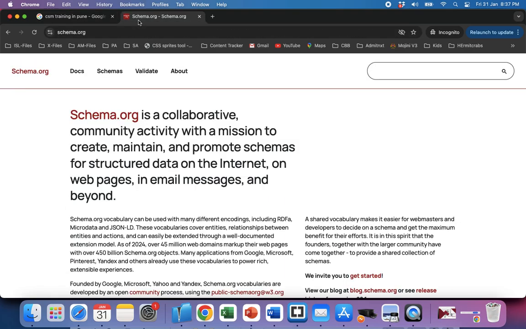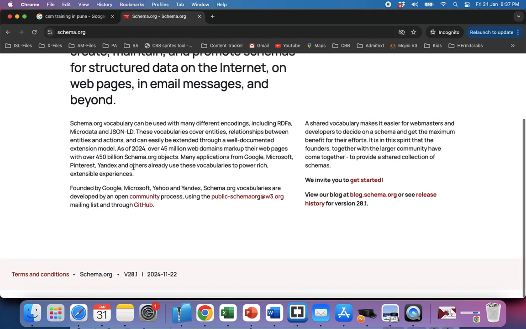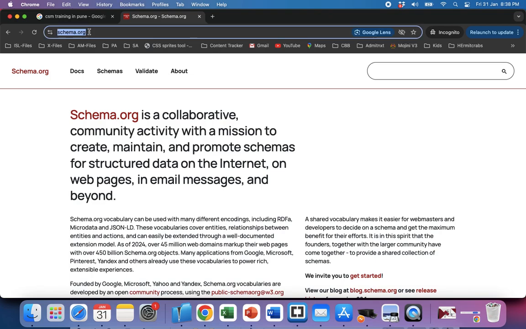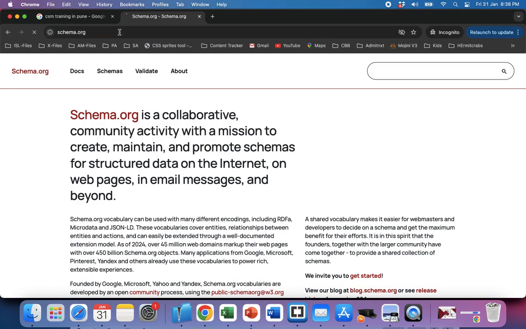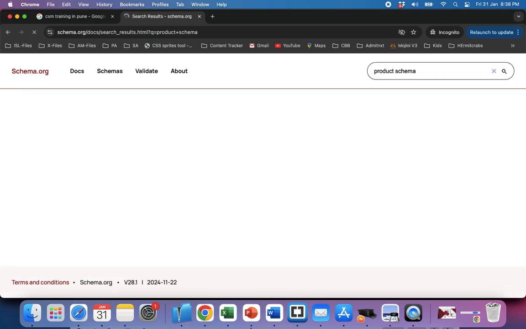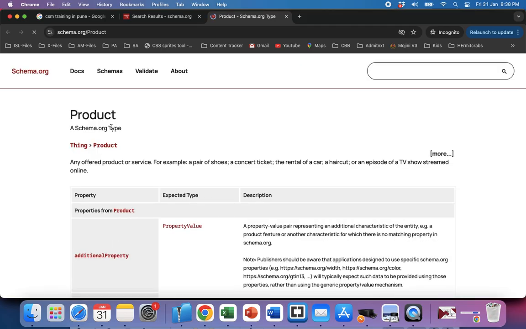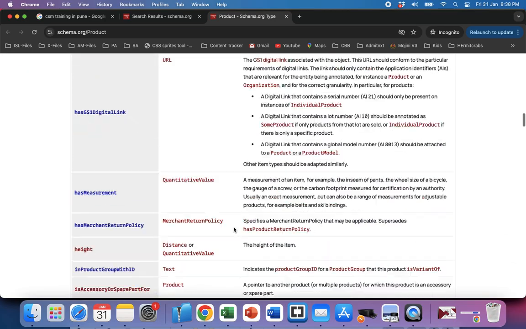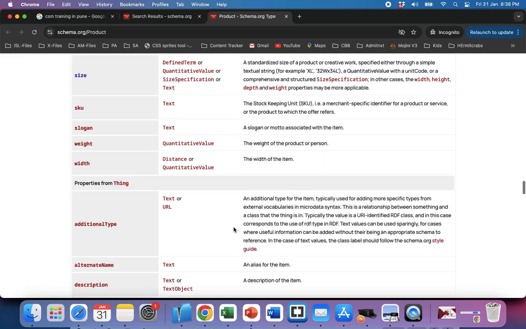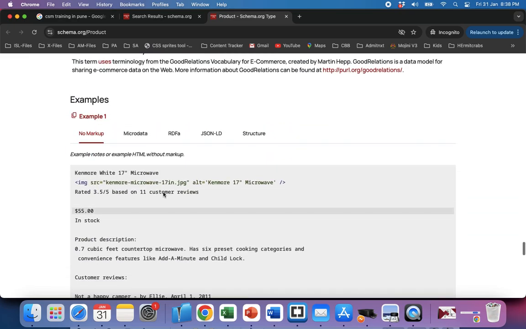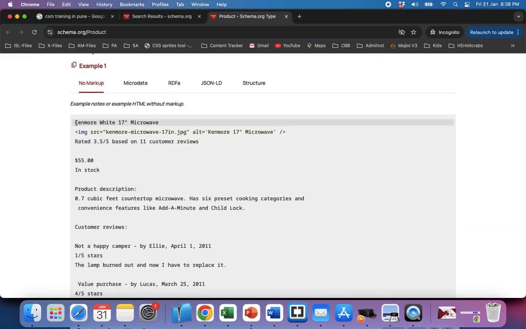As a digital marketer, you don't have to really understand how all the schema works. You can understand how it works, but you don't have to implement it. You just have to tell the developer, I am an e-commerce business and I want product schema to be implemented on my website. Your product has a name, an image, a rating, a price, in stock or out of stock. This is the information that you have.